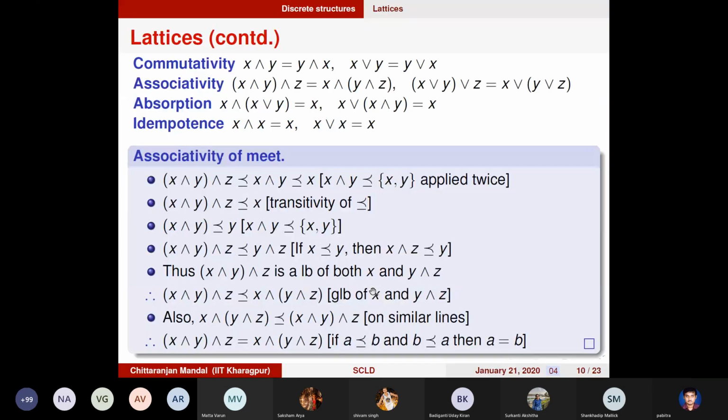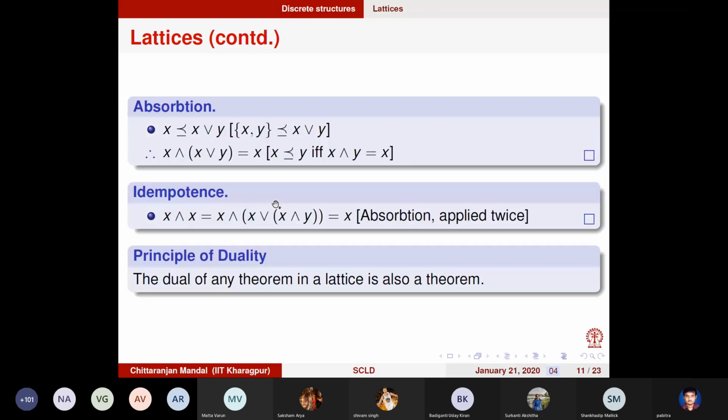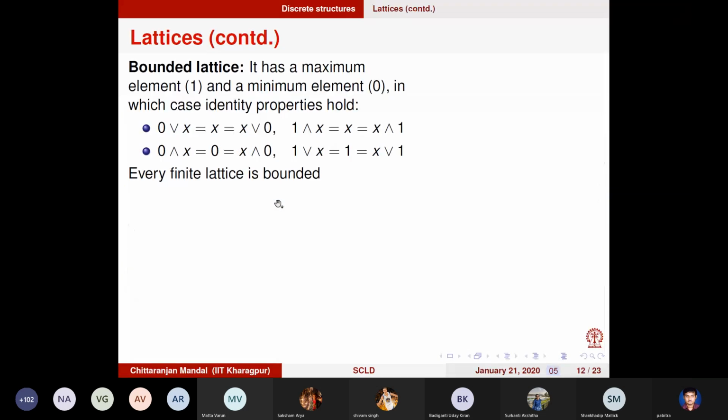This is the proof actually, and I don't know if I have time to go through this, because anyway I give it as an exercise. You just go through this proof. Absorption is actually easy to prove. All of these are actually easy to prove. So these properties, the ordering, the idempotency, the associativity, the commutativity,